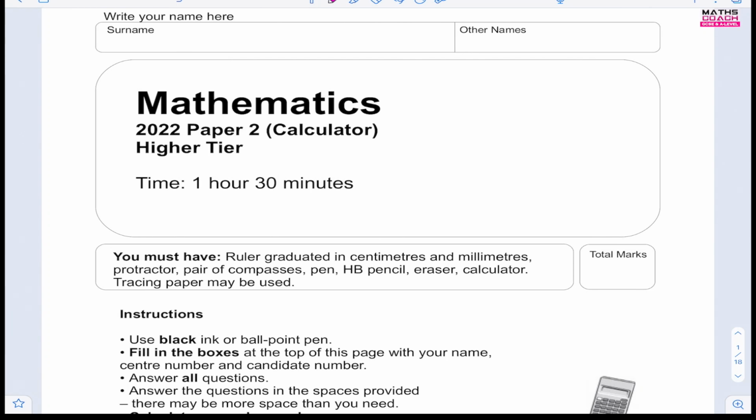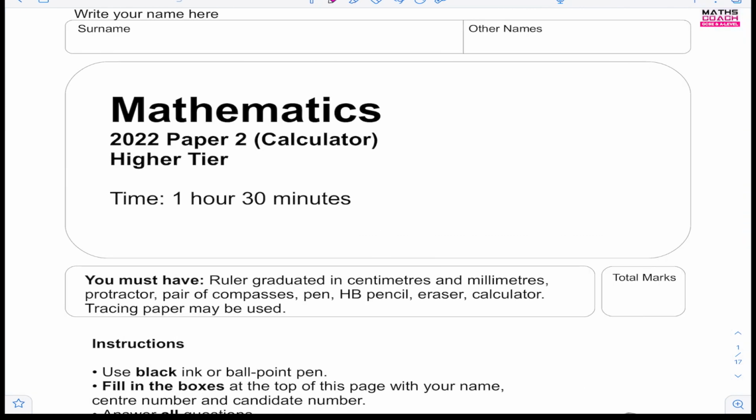This paper goes through all the topics that you need to know for paper 2 using the advanced information that the exam boards have released. So grab your pens, grab your notepads and make some good notes. Let's go. We're going to start from the questions at the back and work our way down all the way